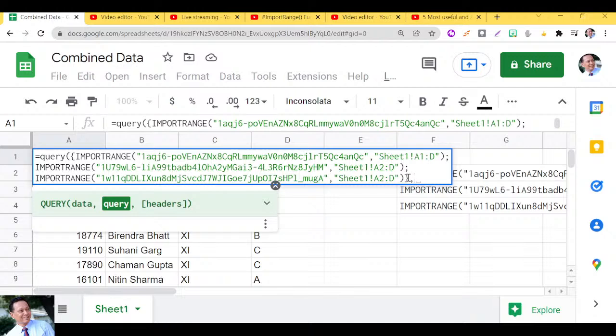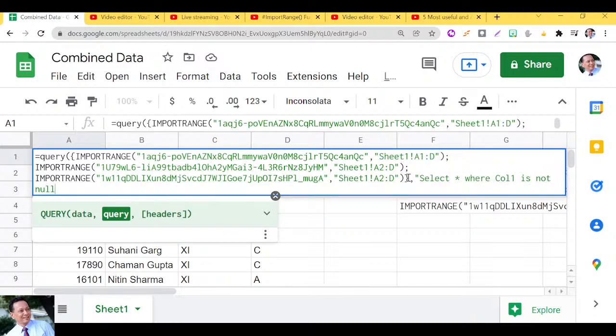So the query is select all the rows where column 1 is not null. So your SQL statement is complete,